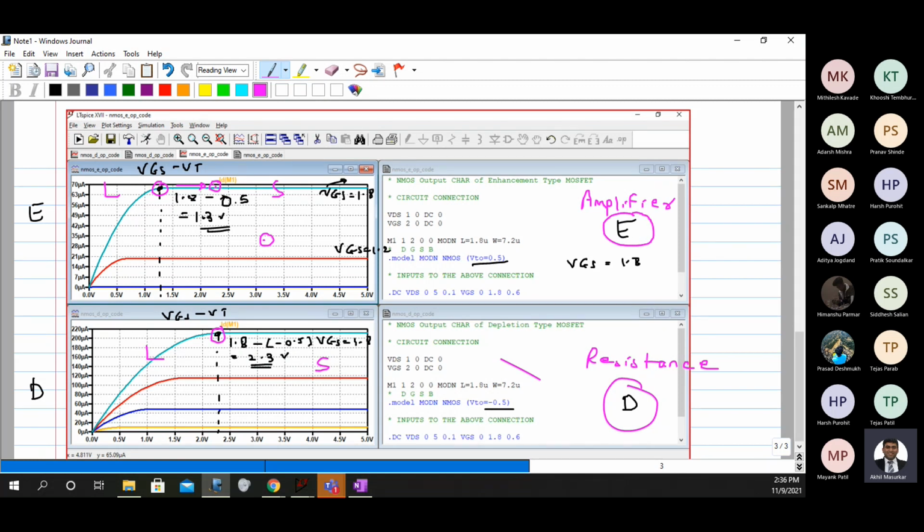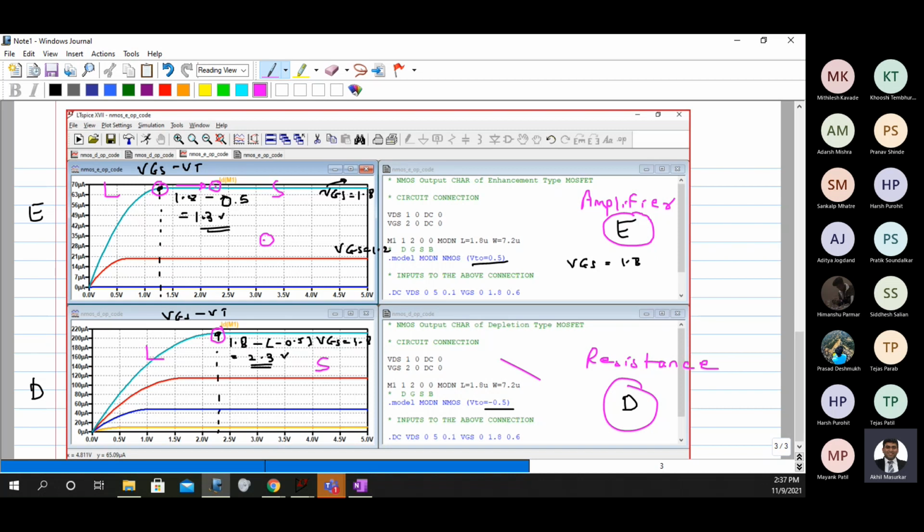Now, our course is focused on amplifier design, and that is the reason why I will very rarely, or not even, talk about depletion type MOSFET, because depletion type MOSFETs cannot be used to make good amplifiers. The first condition for an amplifier is that it should have a very big saturation region, which a depletion type MOSFET does not have.